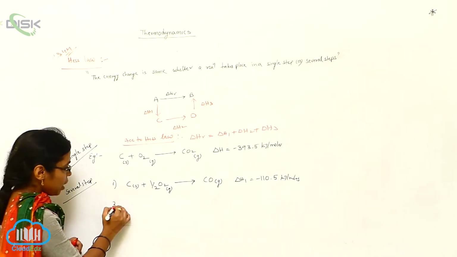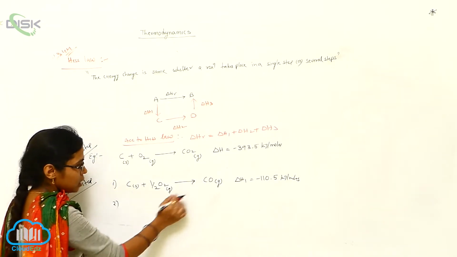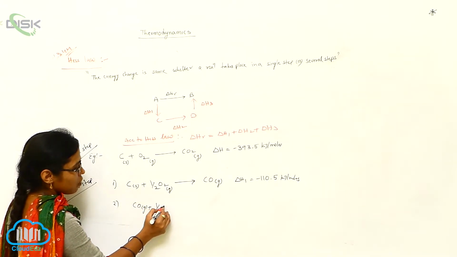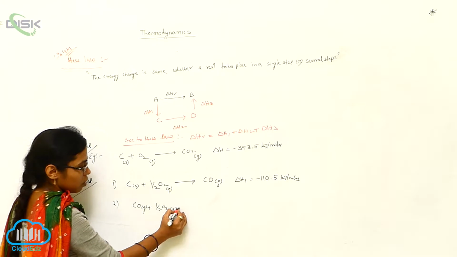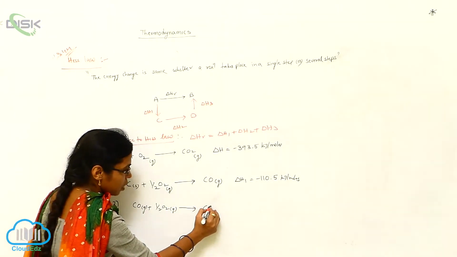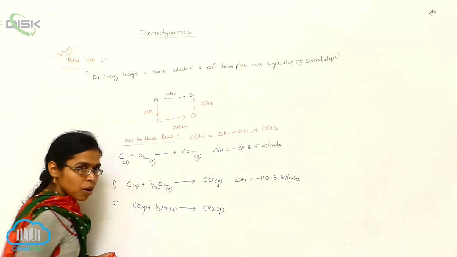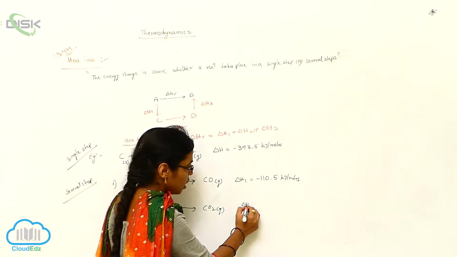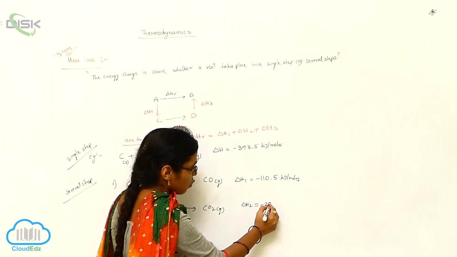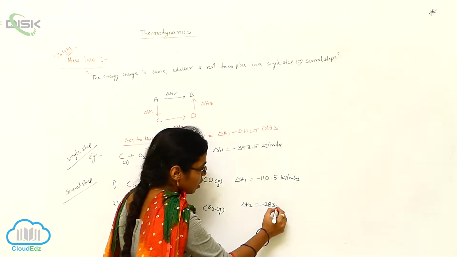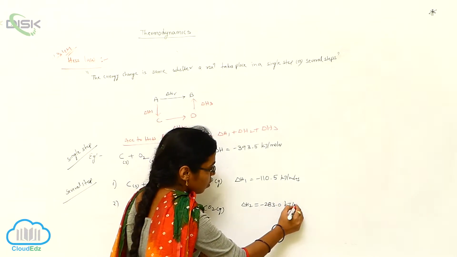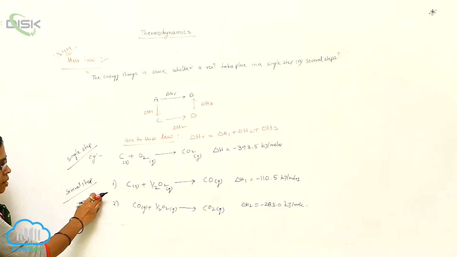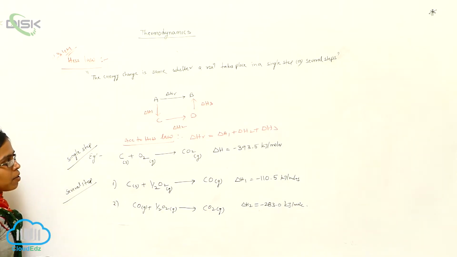Okay, now I am taking the second step. In the second step, carbon monoxide in gaseous state reacts with half a mole of oxygen and forms carbon dioxide. So for this one, delta H2 is nearly equal to minus 283.0 kilojoules per mole. Okay, so it is the several step mechanism, and the single step mechanism, according to